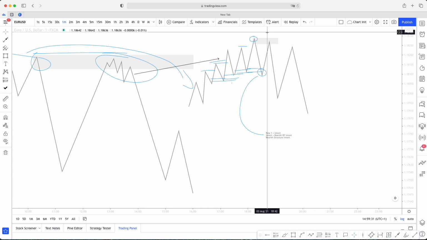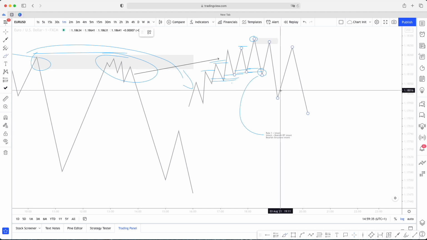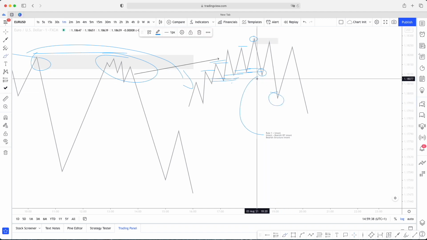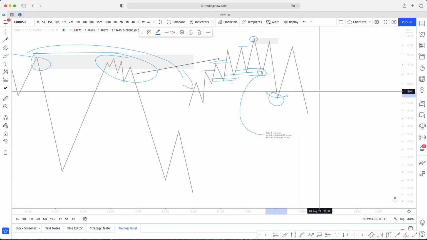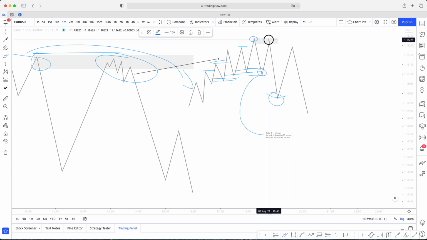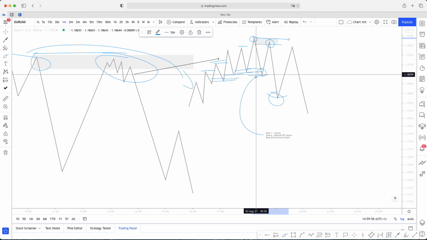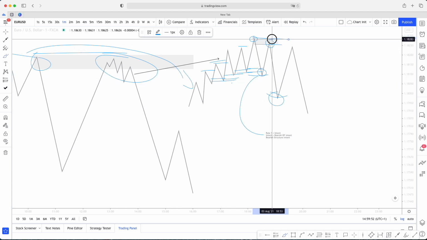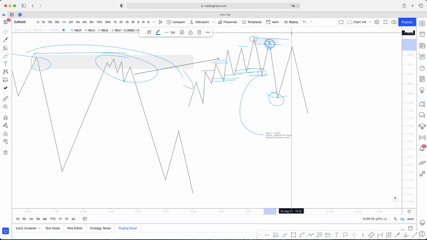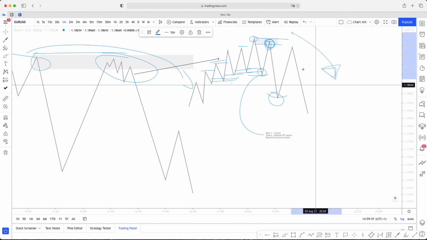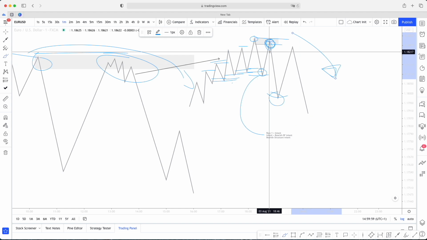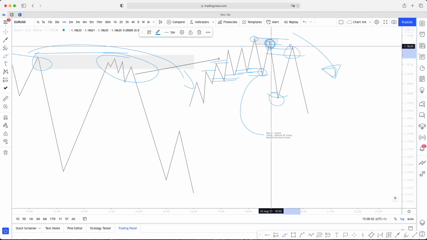However, this is not confirmed until we get a second break. So that is rule 2. Rule 2 is when you get a second break. So rule 1 is intent, rule 2 is a second break. Not only that, in this example, what we have is mitigation. So this bearish order flow intent is confirmed by the process of mitigation, which now means we are playing into bearish order flow. So the next entry from the mitigation is the safest entry possible.